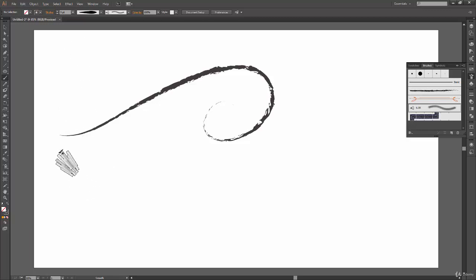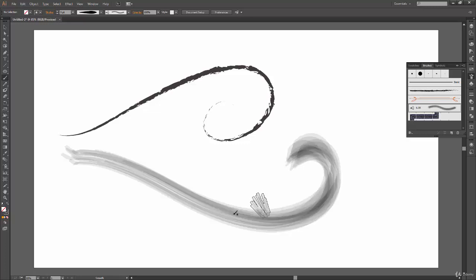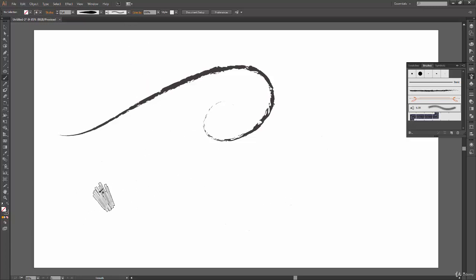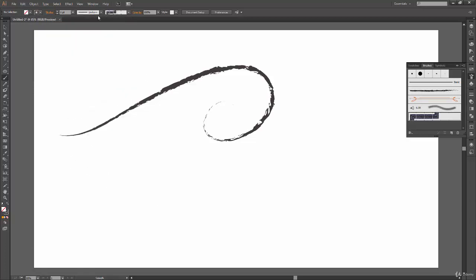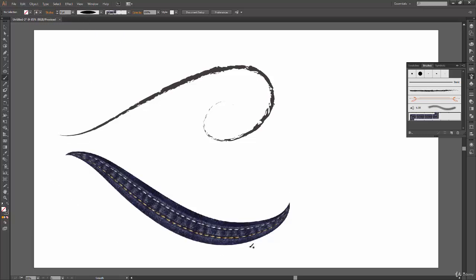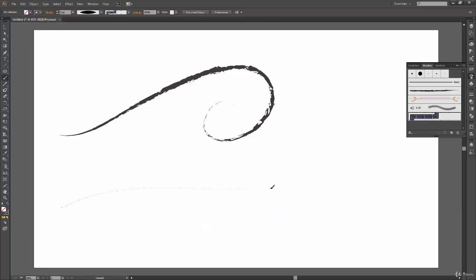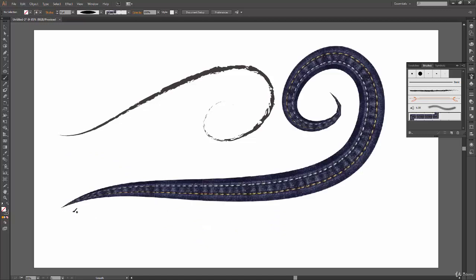Okay, so this time we have selected this kind of brush stroke, and let's apply it this time. So yeah, again, you can see now I have used this mop, but I don't have any width profile over here. So width profile might work with some of these brushes, might not work with some of these brushes. So like it works with charcoal feather, and you are free to experiment with variety of other brush strokes also. So with this it works very fine, and you have this jeans kind of material over here, and whenever you draw something, it works really fine.